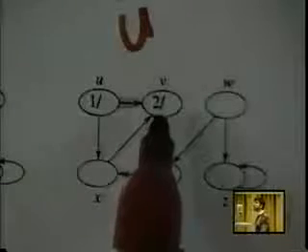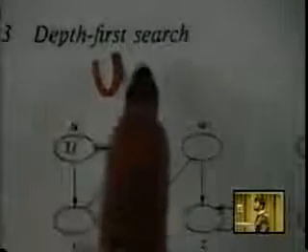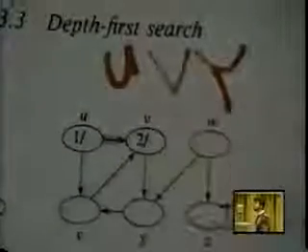We have now discovered vertex V, okay, and we now interrupt what we're doing. We had U on the stack. Now we go and visit vertex V. We look at the edges going out of V. Well, there's one edge going out of V. So we push V on the stack, and we interrupt what we're doing. And now we've discovered this. Which edge goes out of V? Well, there's one edge that goes out of V. Edge X, okay, and edge X, vertex X. So if we discover vertex X and we add that to the stack,